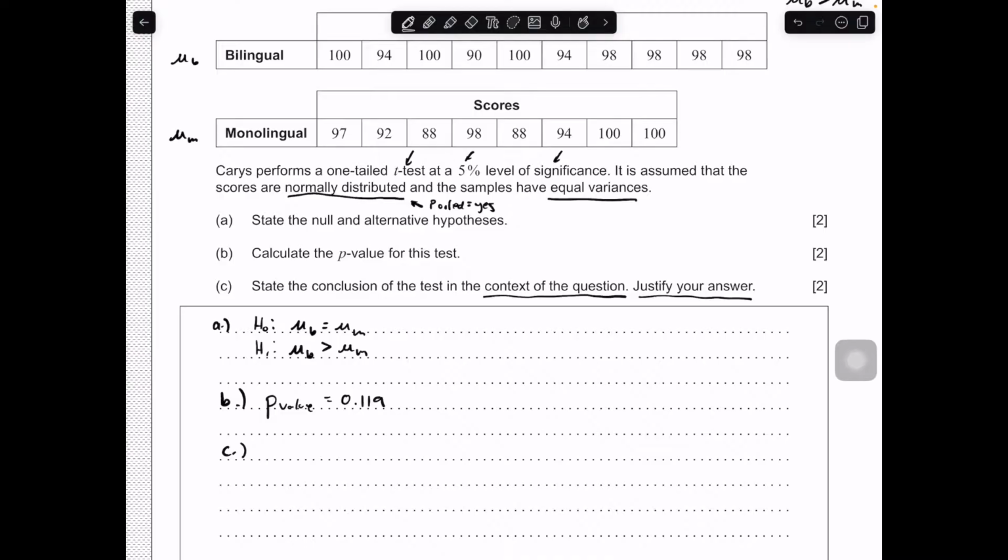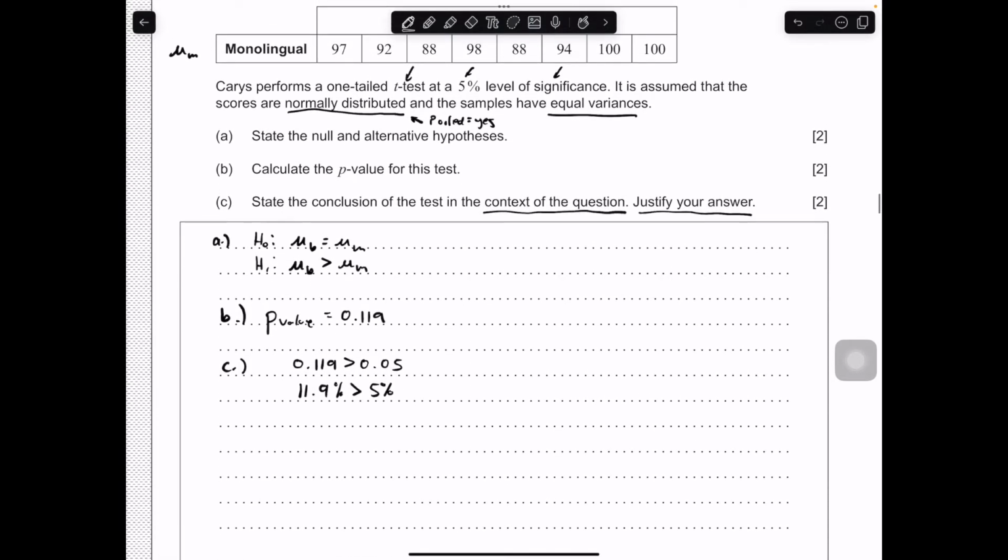We can say that 0.119 is greater than 0.05, or similarly, 11.9% is greater than 5%. So what does this mean in terms of the null and alternative hypothesis? What we're saying is that the chance of us seeing these results just based on probability alone is 11.9%. And that's small, but it's not small enough for us to say that there's something